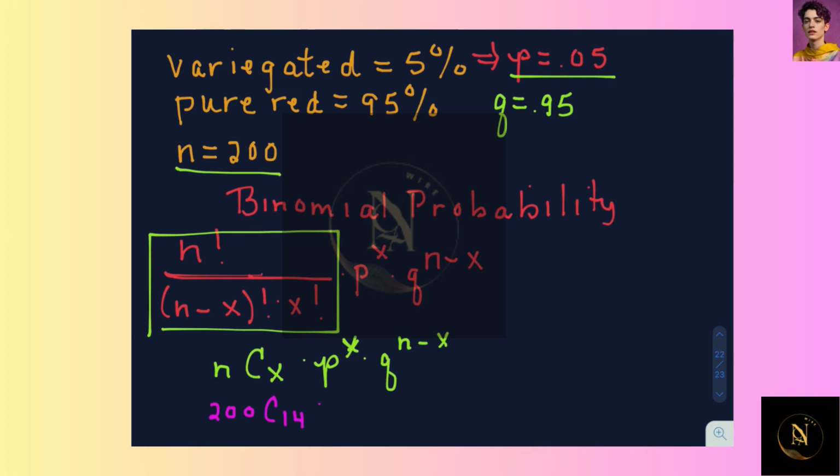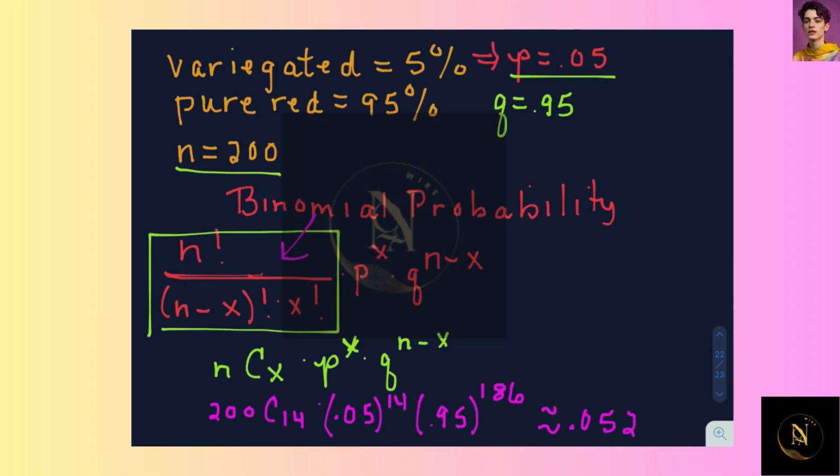And we're going to multiply that by 0.05 raised to the 14th power and 0.95 raised to the n minus x, so that's going to be 200 minus 14 power, or 186. Now again, if we used the formula up here, the calculator is going to give an overload issue. But by putting it into the combination format, we get an answer of approximately